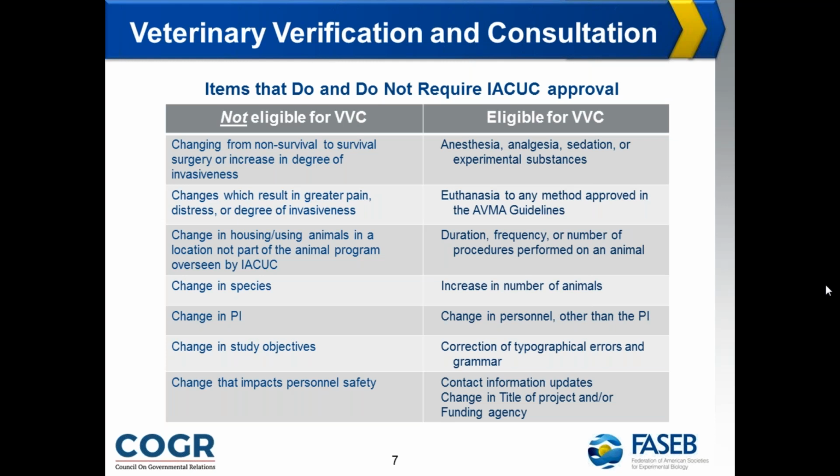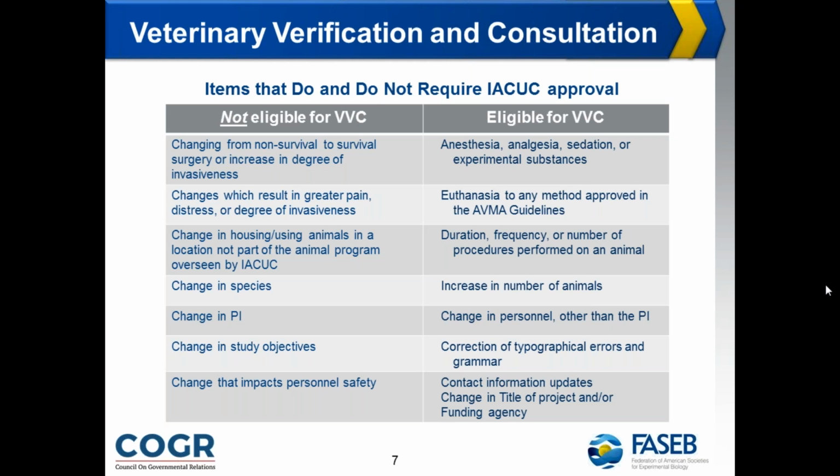The OLA notification simply codified these, so that anything like an increase in animal numbers based on an IACUC-approved protocol or policy, a change in personnel other than the PI, correction of typographical and grammar errors, or updates to the funding agency or title were things people did, but the 2014 notice put these in writing, and that's great. The real game changers are the items in the top 3 rows of the right-hand column, and these are where